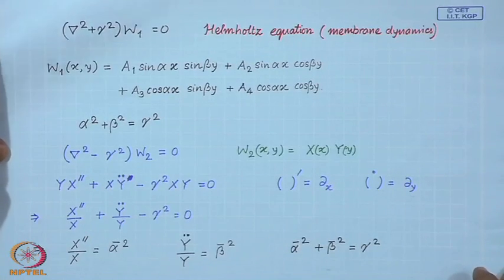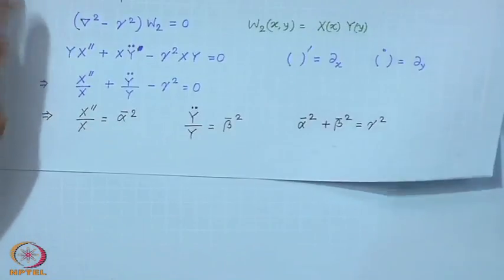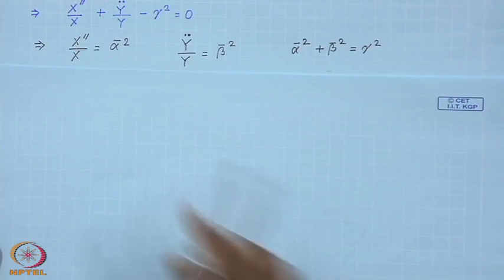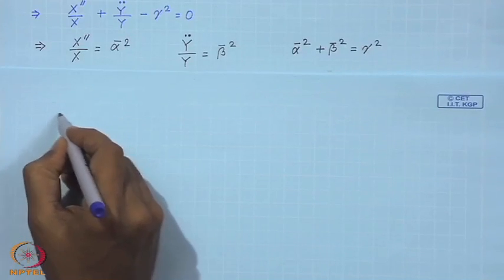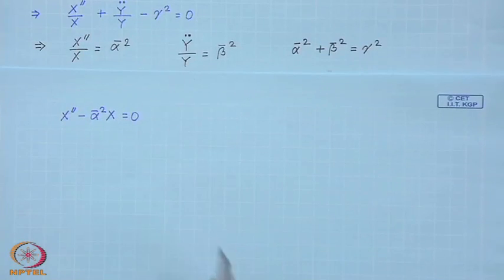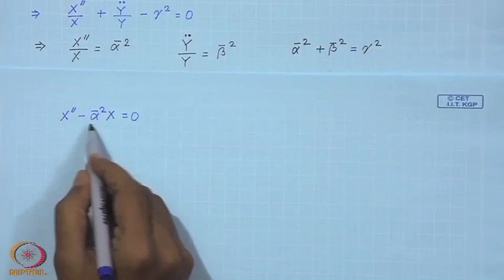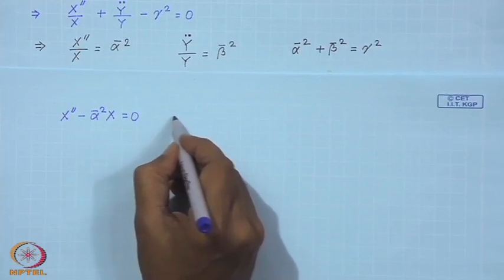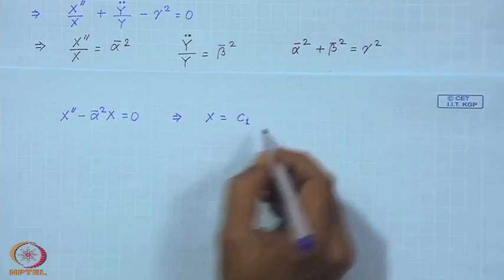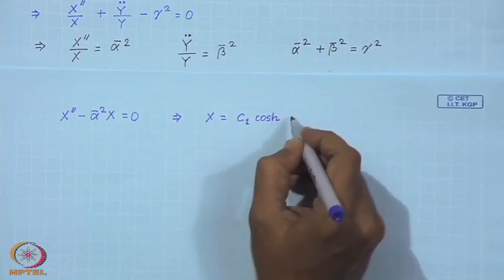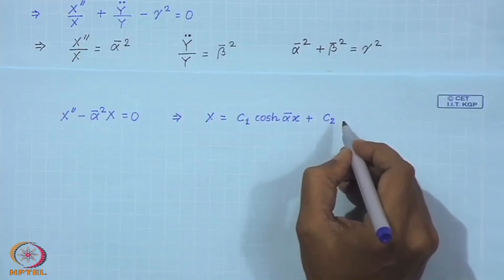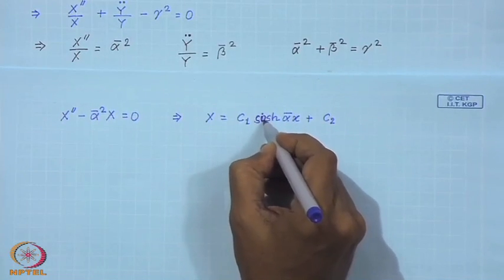So, now let us look at these differential equations for capital X and capital Y. So, these differential equations they read, so double derivative of capital X minus alpha bar square x must be 0, and we know that the solution of this differential equation may be written as, so let me write this as the first term as a sine hyperbolic